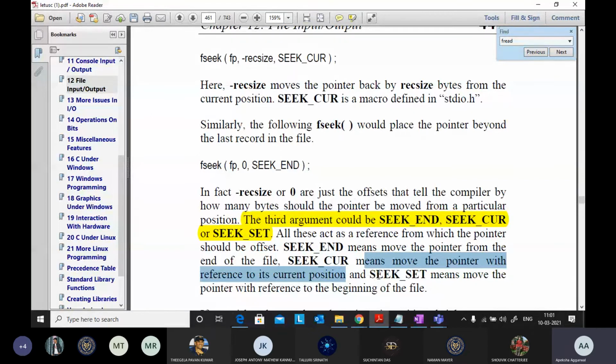And SEEK_SET will say move the pointer to the starting of the file, to the beginning of the file. So you have the option to set where you want to move your pointer to: the beginning, or with reference to the current position.